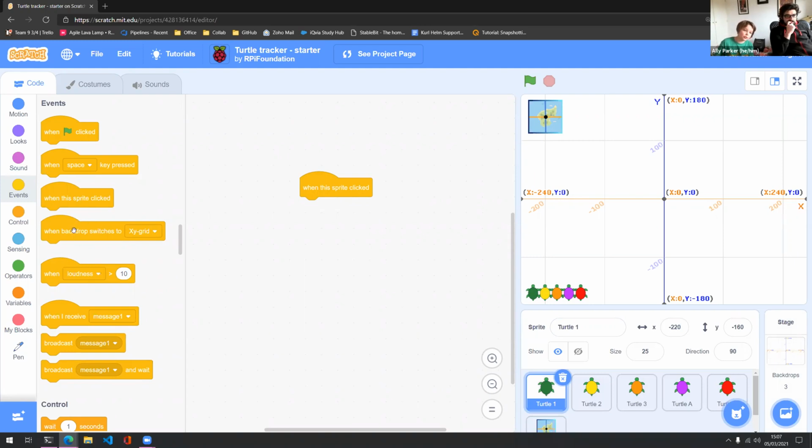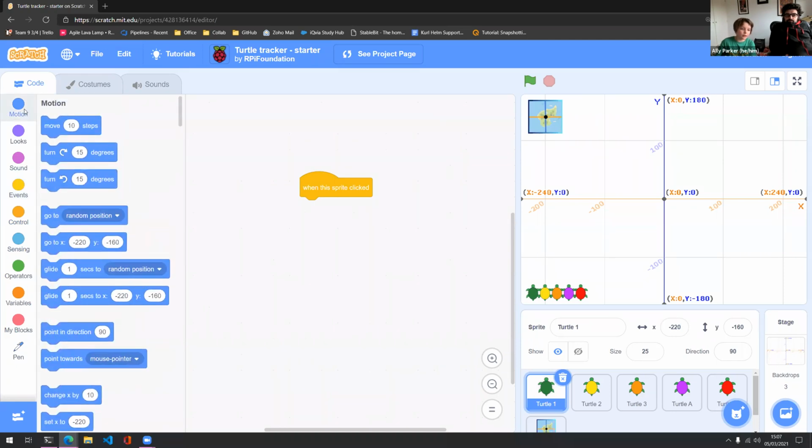This one is when the backdrop switches to... I think everybody will know by reading them. So what do we need to do next for our turtle to move into the middle of the screen? We need to get our motion. Now we need to get the glide 1 second to